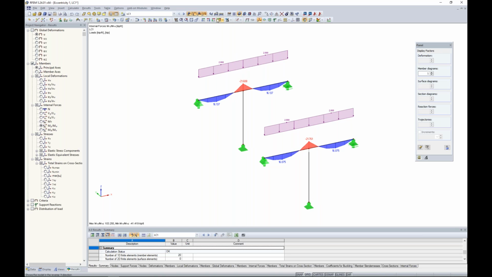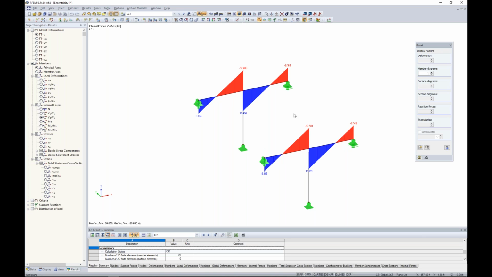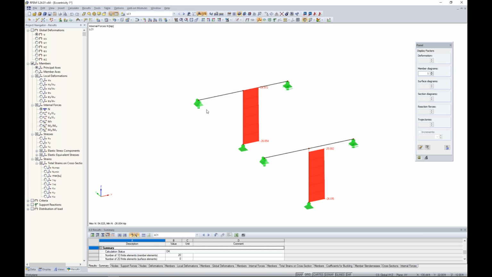So let us once again take a look at the examples, and we'll turn this to wireframe view. Let's turn off our loads. Same loads apply to either scenario. And we take a look at the bending moment. Now, only 0.1 kip feet of difference here between my model on the left and my model here out in front on the right. When we take a look at shear, again, about 0.02 kips difference between the first and the second examples. Maybe we're interested in seeing our axial forces within this column. If we take a look at the axial force down at the bottom, 26.05 versus 26.01, so 0.04 kips of